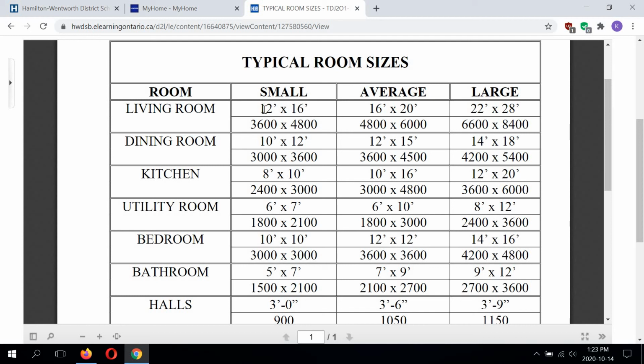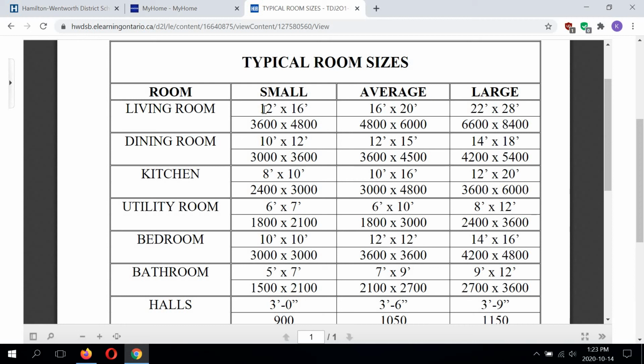You would multiply 12 by 16, and that would give you the square footage. So if I did that, it would multiply out to 192. And I have 625 square feet to play with. So it should be quite simple to have all 4 of these rooms in our pool house and hit our